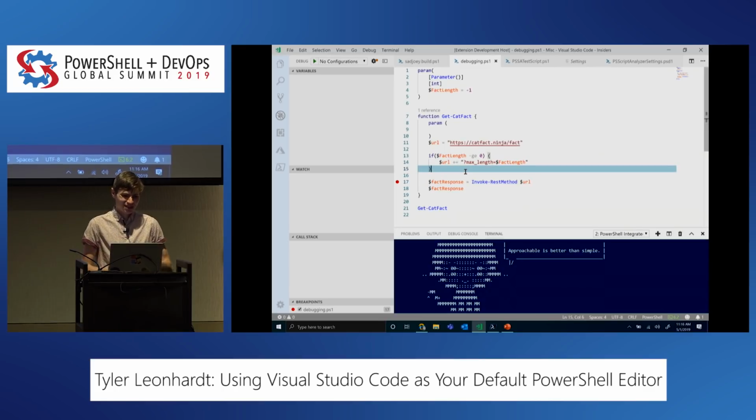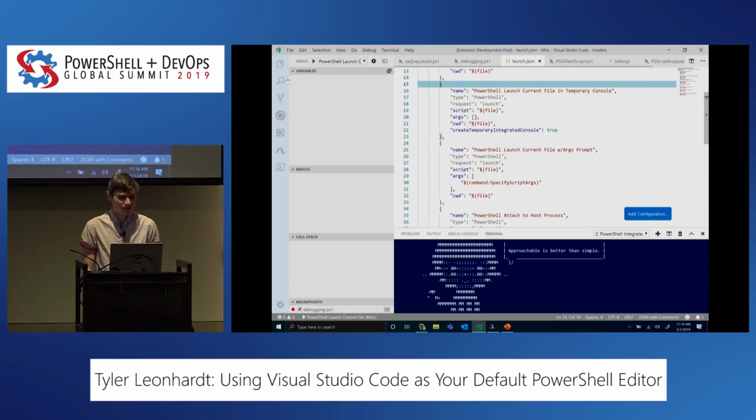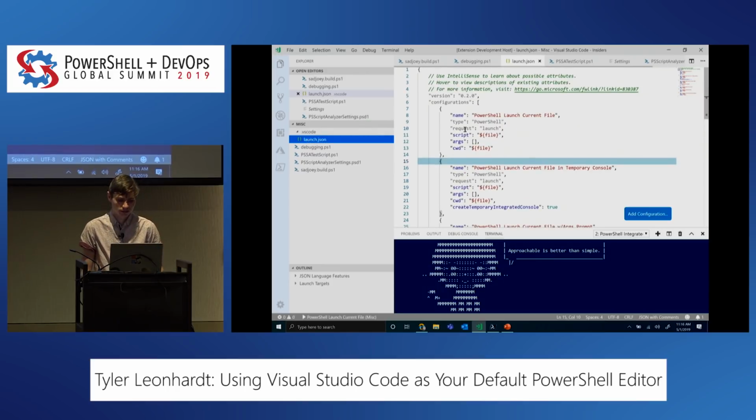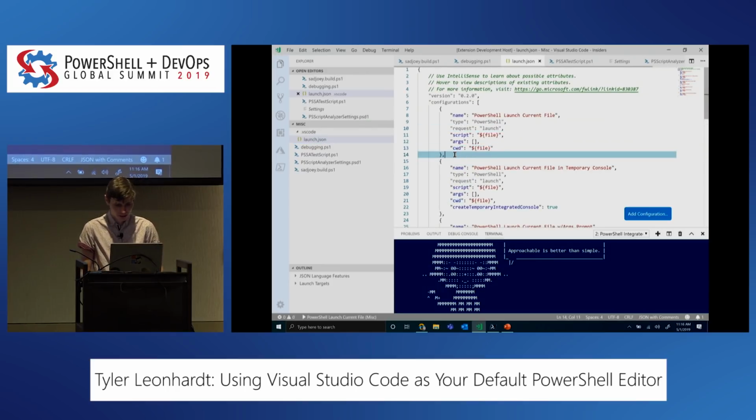One of the features within Visual Studio Code that's a little bit more on the advanced side of the debugging stuff is that they have different debug configurations. That's what this is up at the top left here. If I hit the drop down, I can add a configuration. And if I go back to my file explorer, it adds this launch.json under a .vscode folder in my directory. It sometimes comes pre-populated with a bunch of stuff,